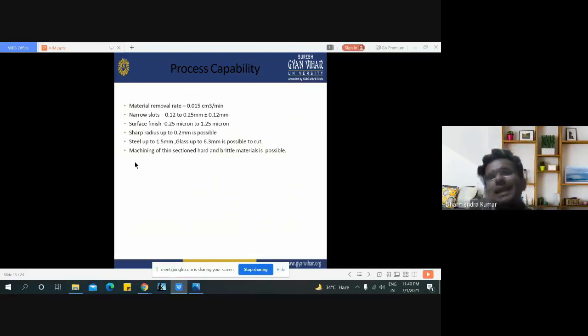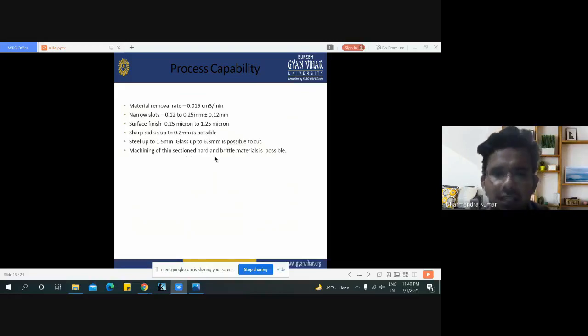Because the material removal rate is dependent on gas flow rate, types of nozzle, and it is also dependent on which type of workpiece we are using in abrasive jet machining. Like if you are using softer material, then the cutting rate is more, and if you are using hard material like stainless steel or super alloy, then the cutting rate in this process is slow.